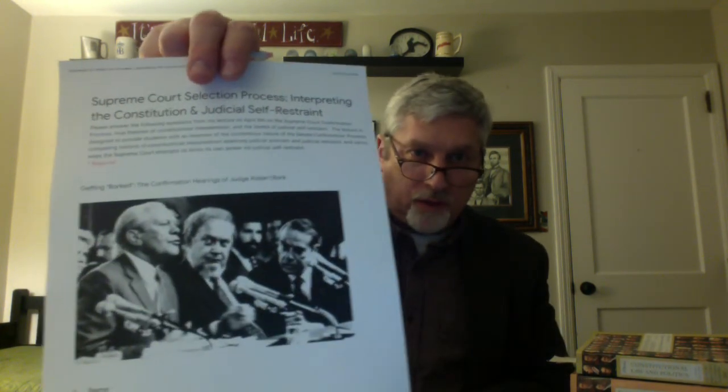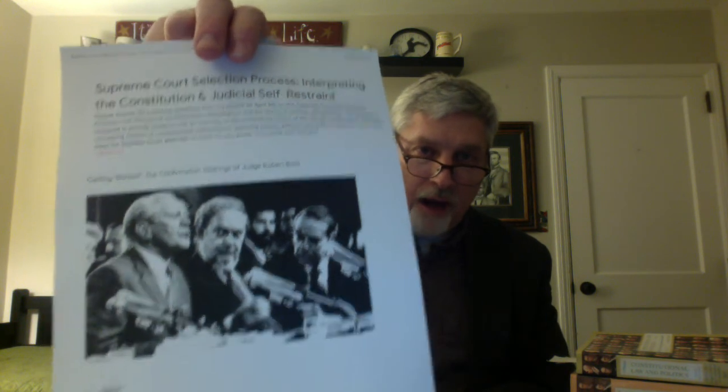So we'll take a look at this picture of Bork with former President Ford and former Senator Bob Dole at his confirmation hearing. Bork was a just brilliant legal mind, but he was a conservative advocate of judicial restraint, and there were people on the political left that were very opposed to his confirmation. And so it's the Bork confirmation hearings that really changed the entire tone of how they work today. And so we'll discuss that in some detail.